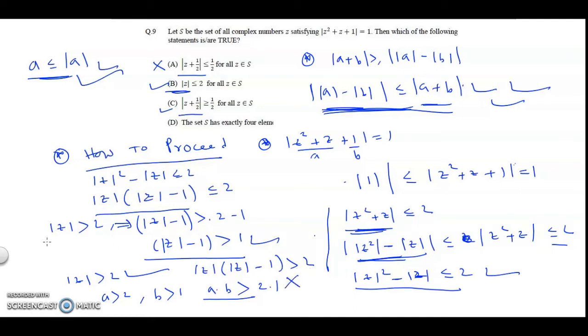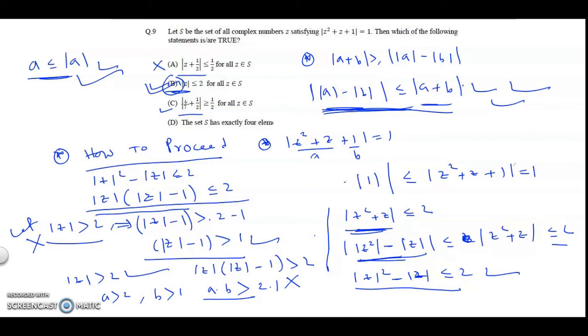Hence we have considered this one, that's why it came as this. Therefore our considered statement, that is our let statement, is actually false. Hence B must be true, because while we have taken modulus of z greater than 2, we are getting a wrong statement. Their product is less than or equal to 2, but while we are taking modulus of z greater than 2, we are getting the product actually greater than 2. So our assumption is wrong. Hence modulus of z must be less than or equal to 2.